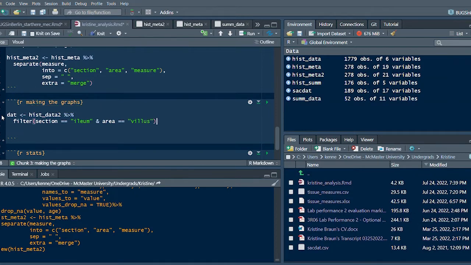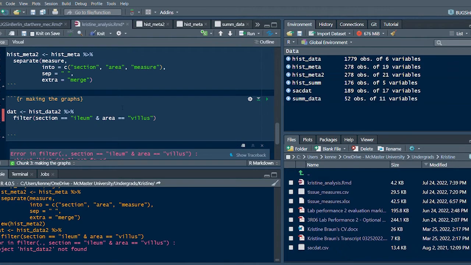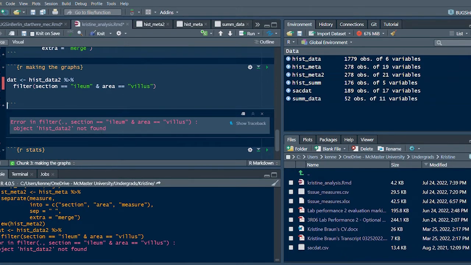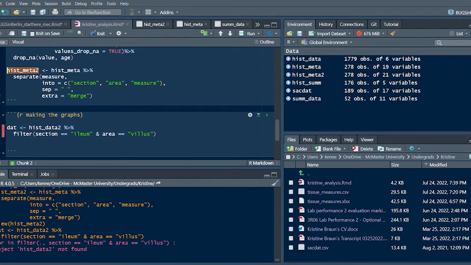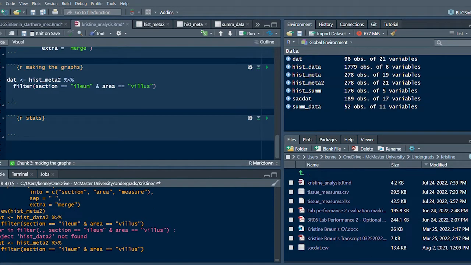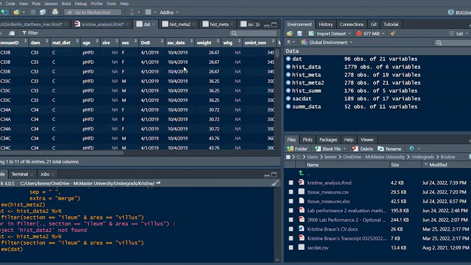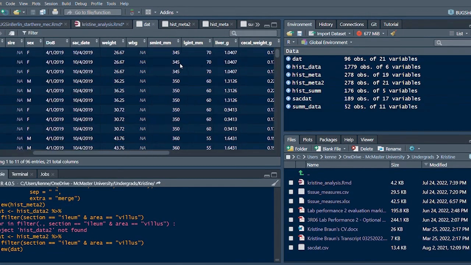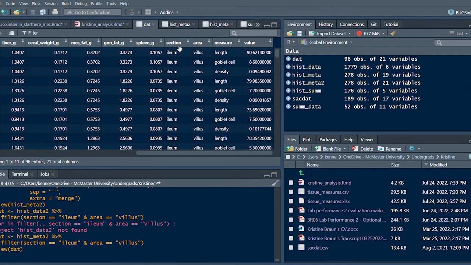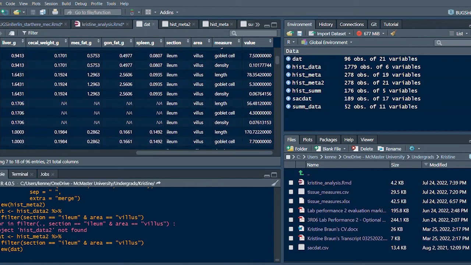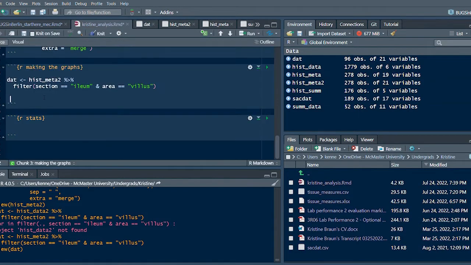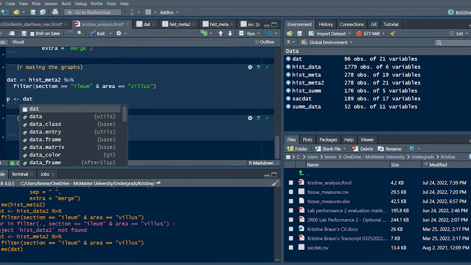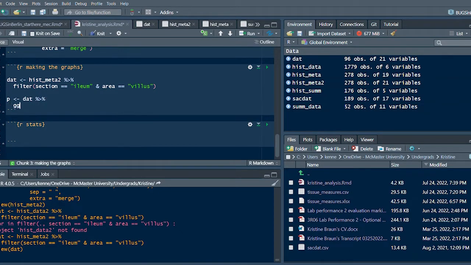and run that. Oop, did not like that for some reason. It's because I called it wrong. Histmeta2, not histdata2. Run that, and now we have dat. So it's just a subset of the histmeta2 data frame where all of the sections are ileum and all of the areas are villus. And then we can make our plot, taking this dat data frame, piping it into ggplot,